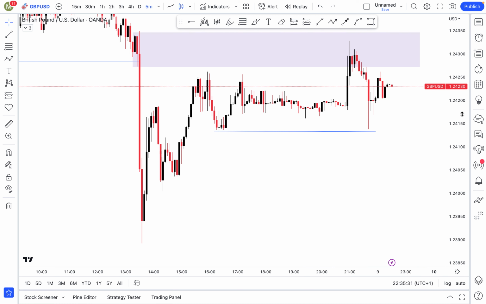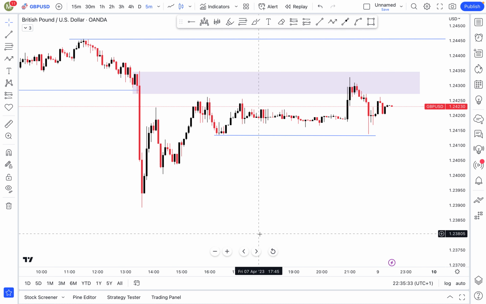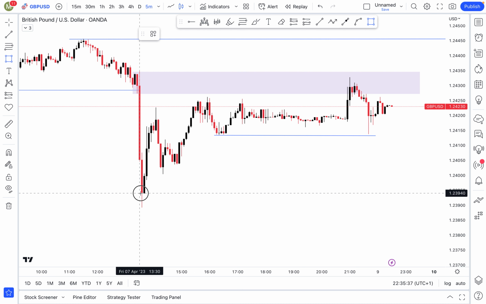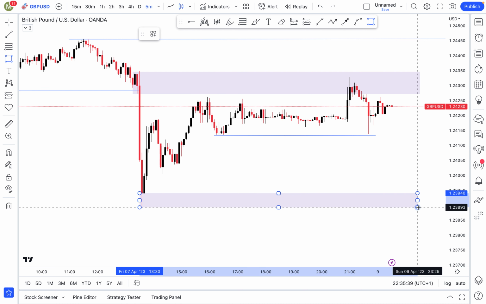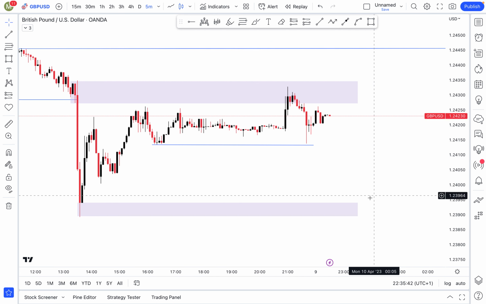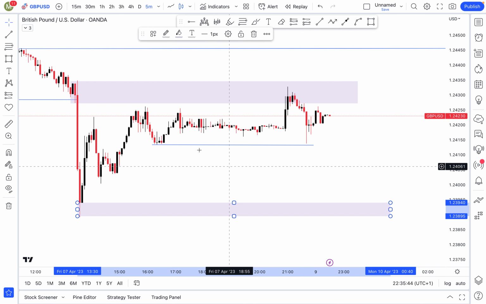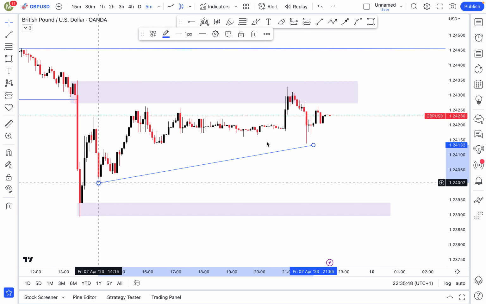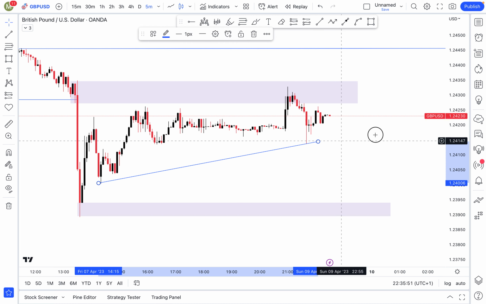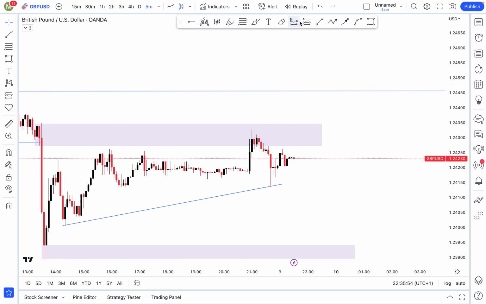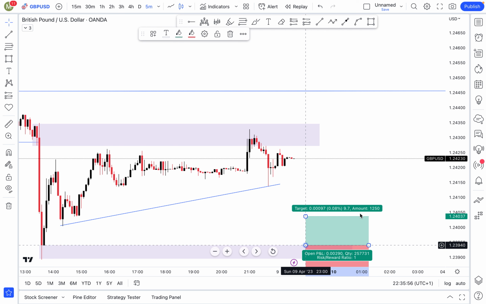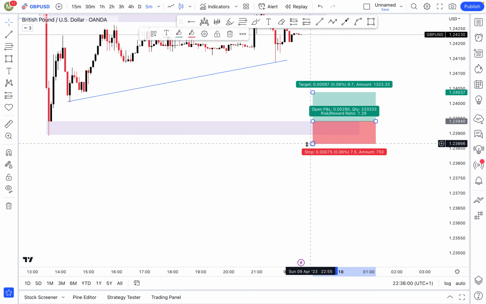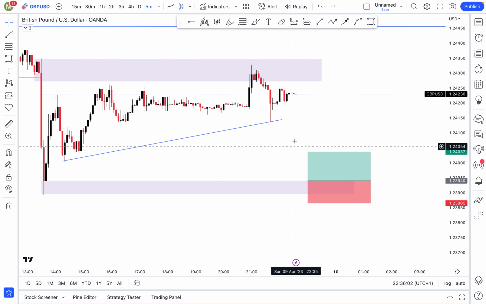So now with GU, I'll be looking for buying opportunity. Right, I'm looking for buying opportunity. We just need to see how the Asia range will look. But I'll be looking for buying opportunity. So if I see the Asia range form around here, I'm already seeing some sort of liquidity that's trying to sleep here. Right. So I'll be looking to buy from here because this is what I'm seeing. Stop loss just below here. Targeting